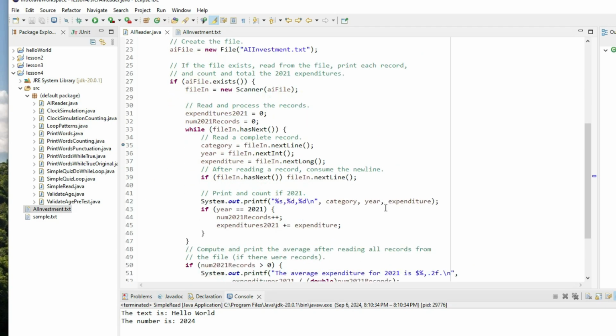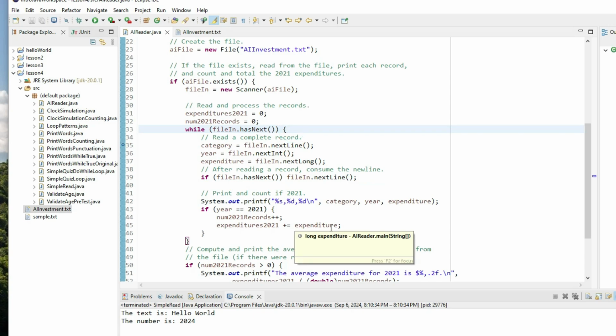But now, this program is going to read and process the contents of the file in a loop. So this is quite different from the last program. On lines 31 and 32, we're initializing our accumulators to 0. The accumulators are expenditures2021, which will hold the total amount spent in 2021, and num2021records, which will count the 2021 records so we can calculate an average. Line 33 is the top of our loop, while